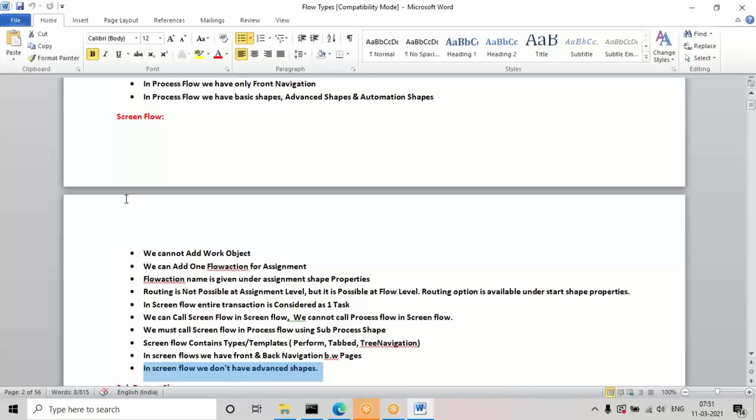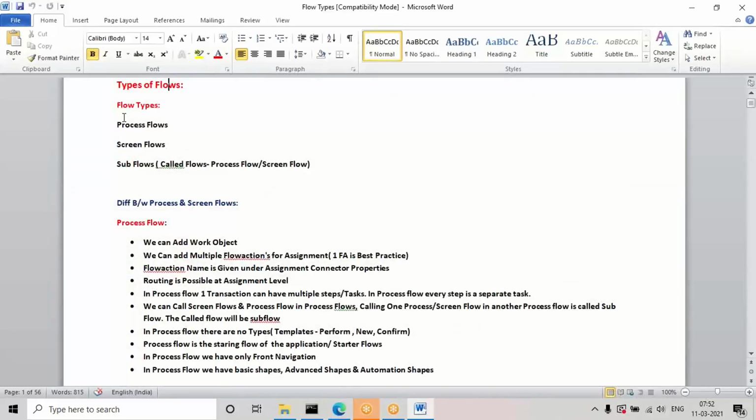According to our design requirement, we'll be creating screen flows and mapping them in the process flow design. If a specific requirement needs all the options in the assignment, then I cannot define a screen flow and need to go with a process flow only. They will tell you when to create a screen flow and when to map it in the process flow. So these are the types of flows, and based on the requirement, in some cases we will also create these screen flows in the application.